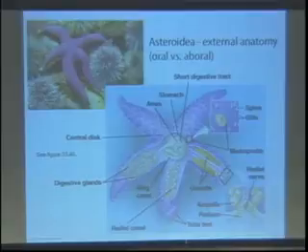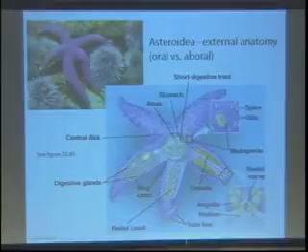So there are ceca in each arm. So this has radial symmetry, usually pentameric, but some have 10 arms, some have 8, but 5 is the most common. But yes, these structures are repeated with each arm. What would be a term for that? Metamerism, okay? So yes, so what they've done here is they don't show you the digestive ceca here so that